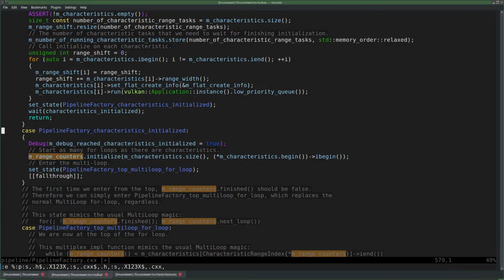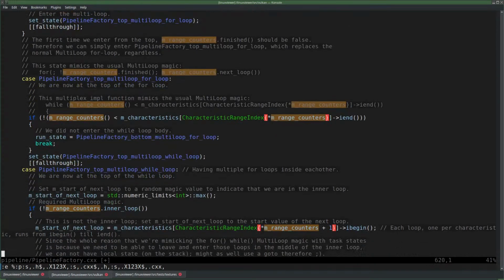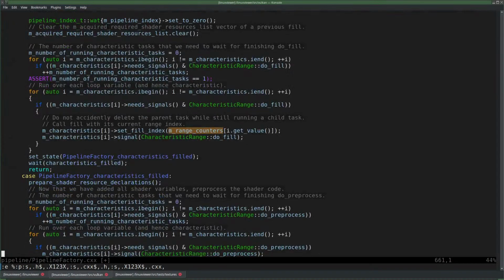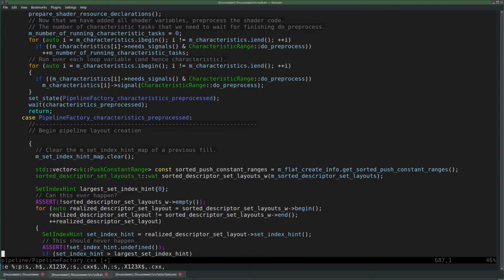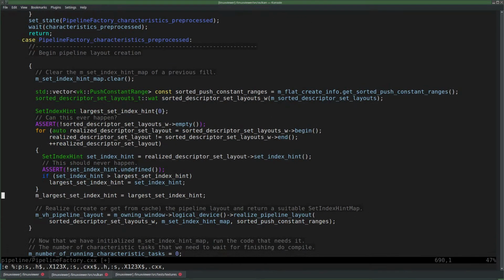I'm going to rename it though. I don't like the name. It's way down. It's more like current. So like for the current fill index, the largest one. So it's like